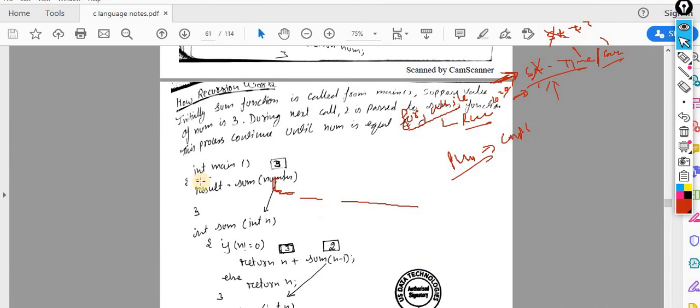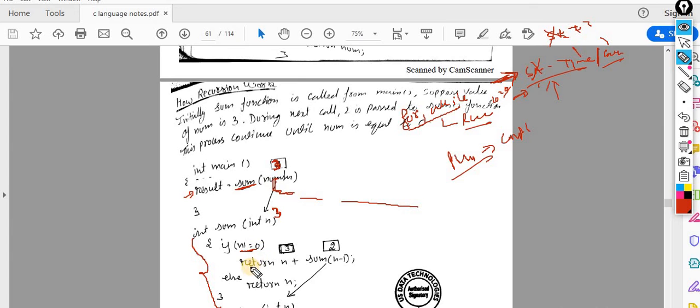Let's suppose I am writing code for the same. I define a function, and this one is the call to the function. I call it and pass 3, and this one is the function. In this function, the 3 comes over here, and I define a condition: when n is not equal to 0.